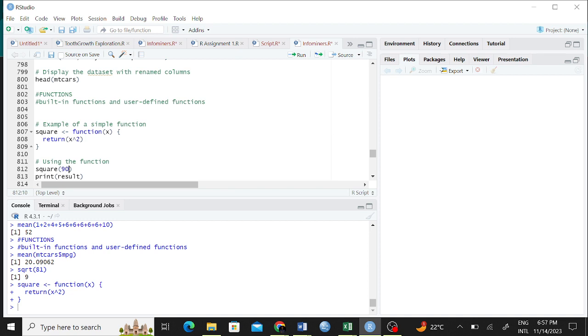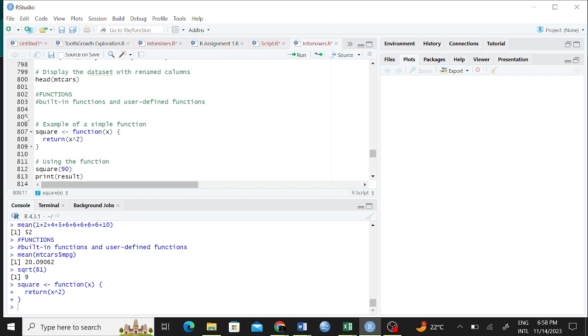So what it knows, it's going to take 90 and it is going to take here 90. So here it will be 90. So here suppose you'd figure it out in this way now. Square function 90. But when declaring the function first, here it has to be a variable, not a value. Variable is something that changes, right? So for example, x is a variable, right? And then return for us x raised to power 2.